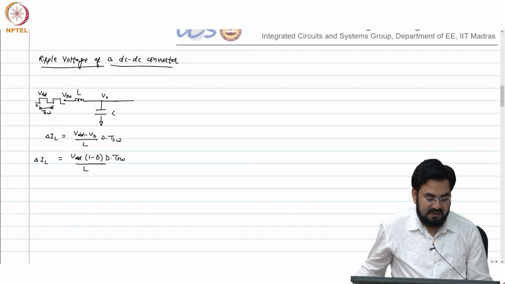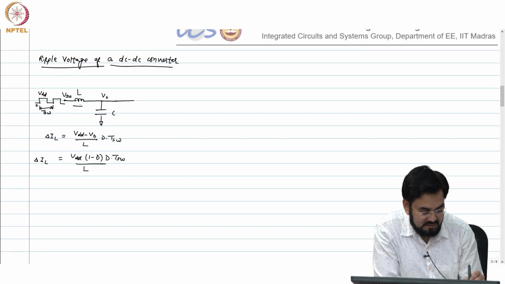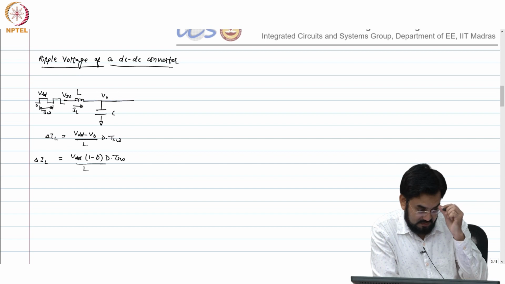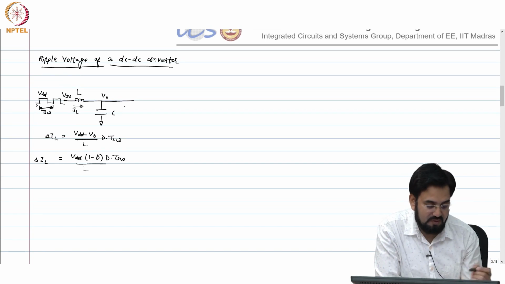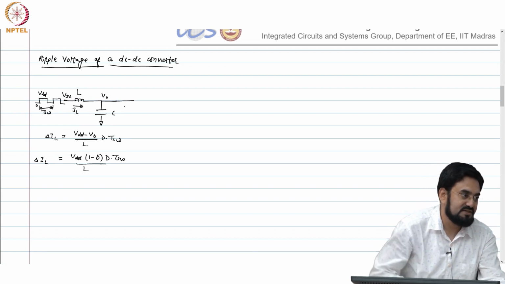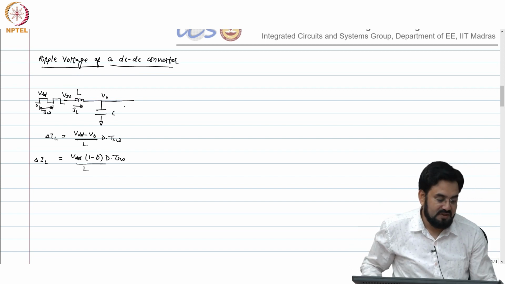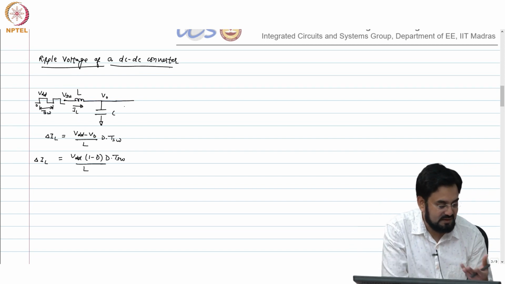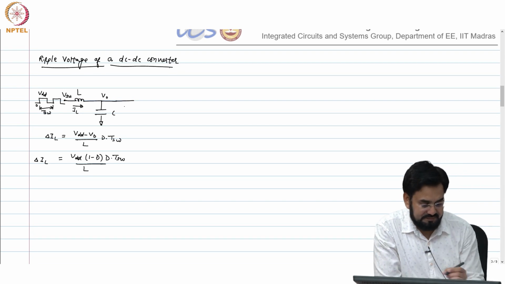So if I have to draw the output inductor current, whether you assume a load or not, it does not matter because your ripple current will not get affected. Only difference, the offset of that ripple current will change based on the load current. So, if you are only interested in delta IL, then you can assume load current 0, you will get the same answer.